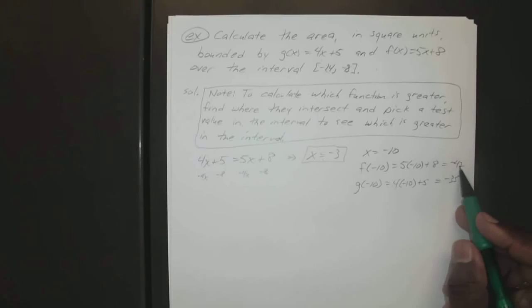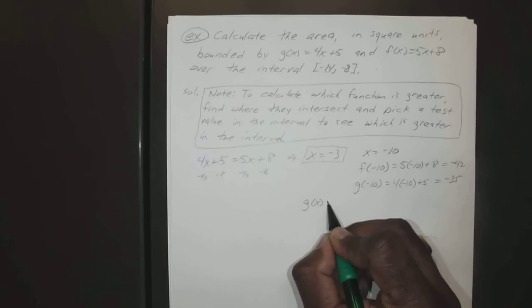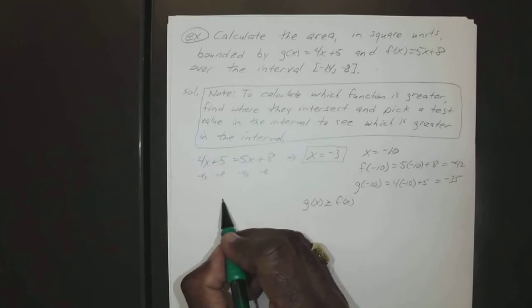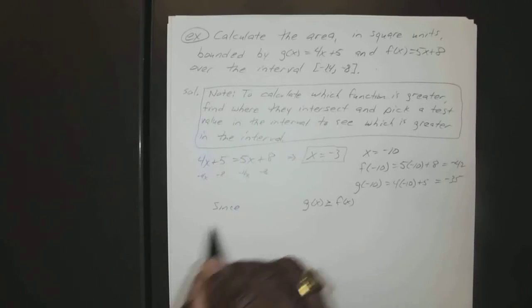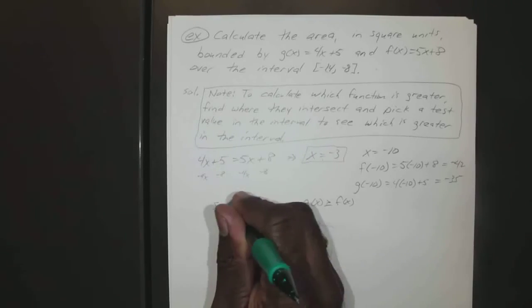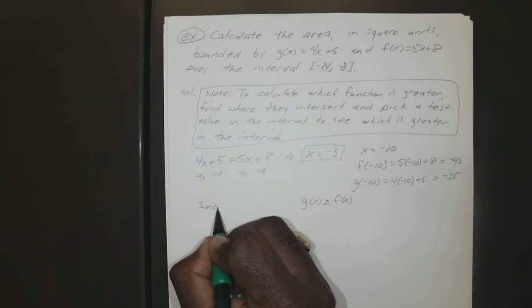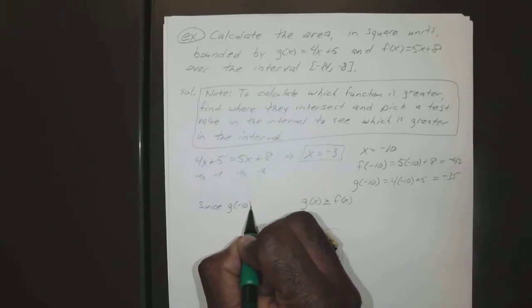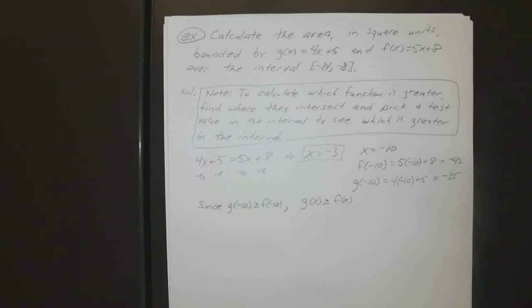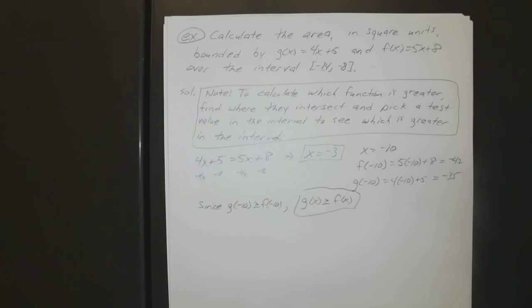So g of x is actually bigger than f of x. Actually, let me put that g of -10 is greater than f of -10. Move that over a little bit. Okay. So we know since g of x is greater than or equal to f of x,